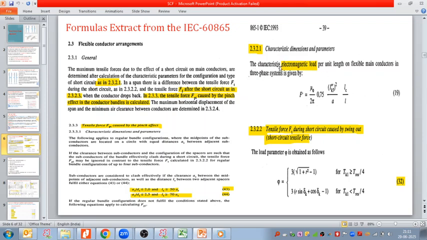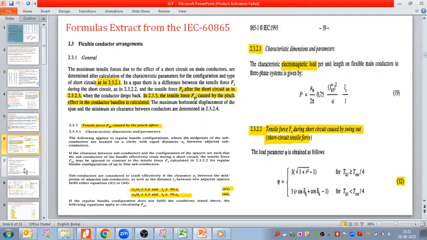Here you can see the flexible conductor arrangement, and whatever we have discussed is written here in 60865. The characteristics of electromagnetic load per unit length on a flexible main conductor in a three-phase system is given by F' = (mu naught divided by 2 pi) x 0.75 x (IK3 dash squared) divided by (a) x (LC divided by L). So all the formulas we are going to take, put the values in, and then calculate